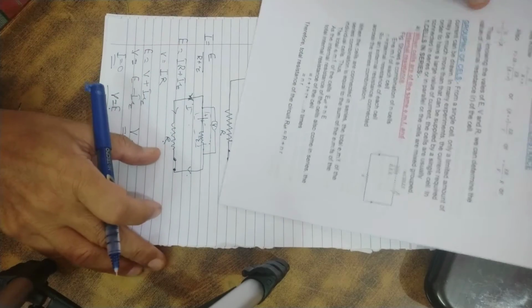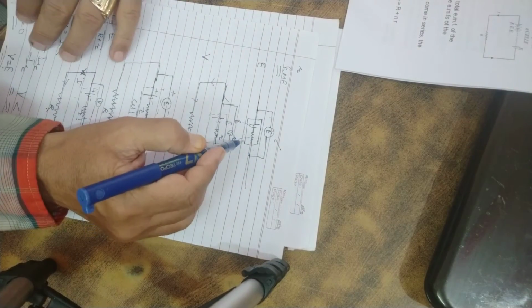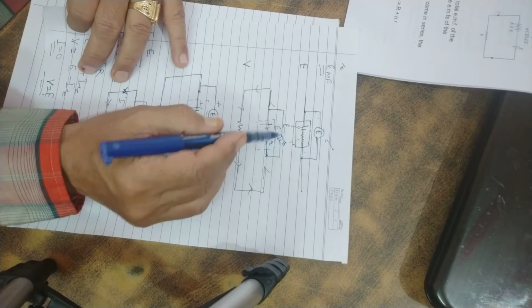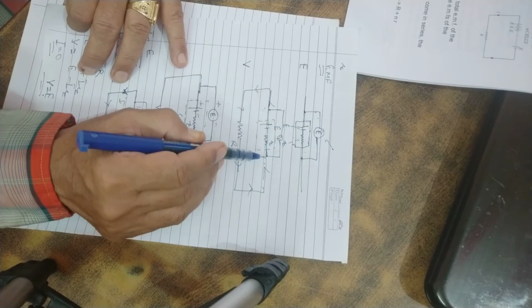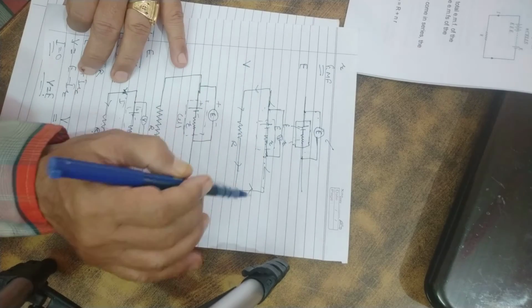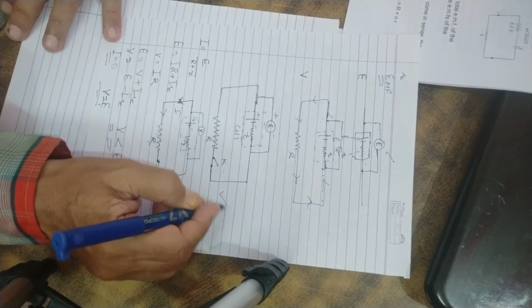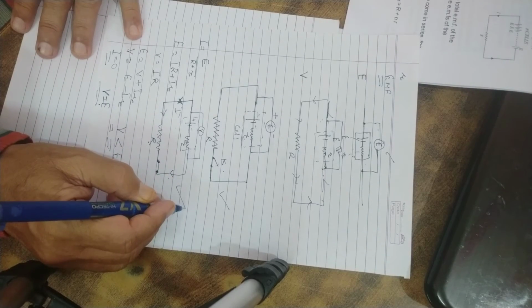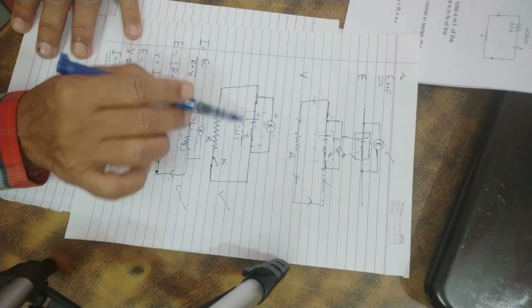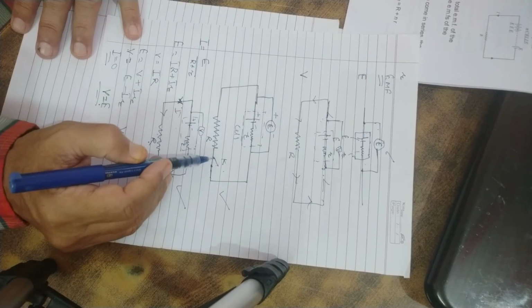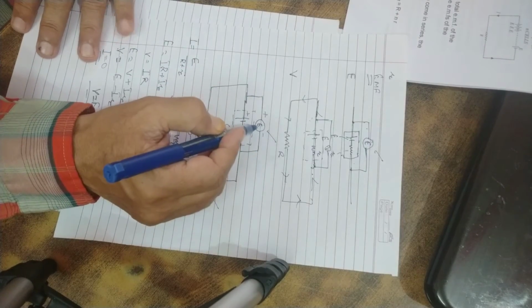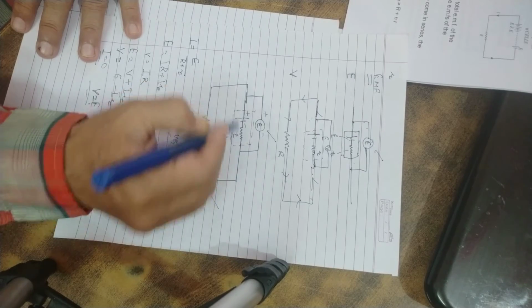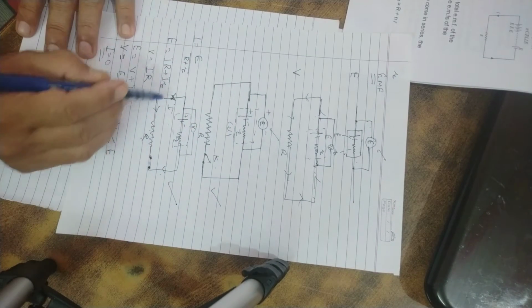So EMF is the potential difference across the two terminals of the cell when the cell is in open circuit, and V is the terminal potential difference between the two poles of the cell, ends of the cell, when the cell is in closed circuit, that is current is drawn from the cell. And here I have given you the relation. Okay. So when this is the diagram, when cell is in open circuit, key is open, so this voltmeter will give the reading E, that is EMF. And when this is closed, a current will start flowing.